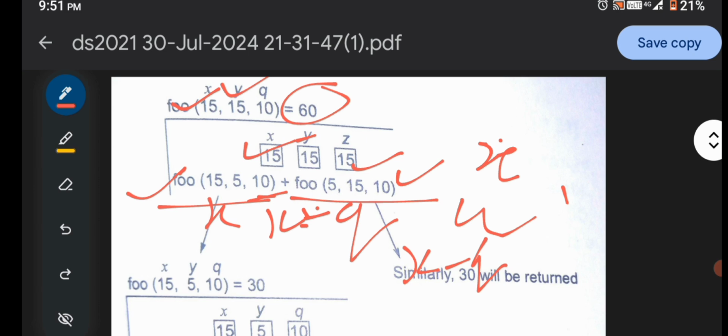Based on that, we get the value of this function. Now again this function goes to the next calling function, that is, recursive calls to foo again.